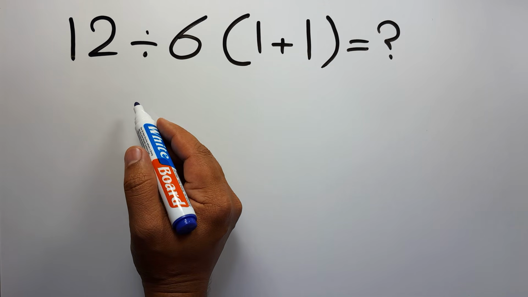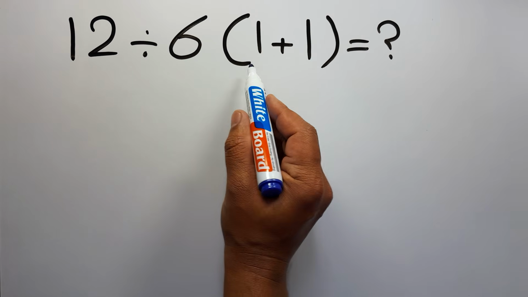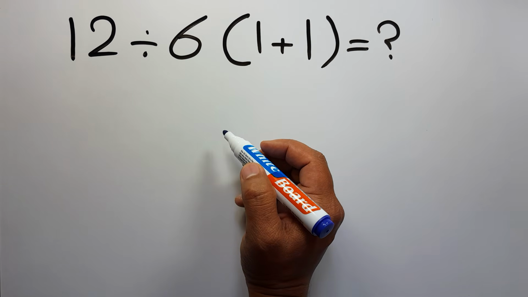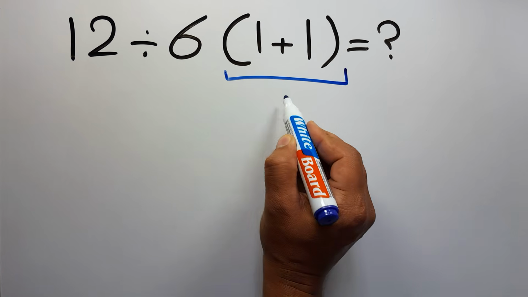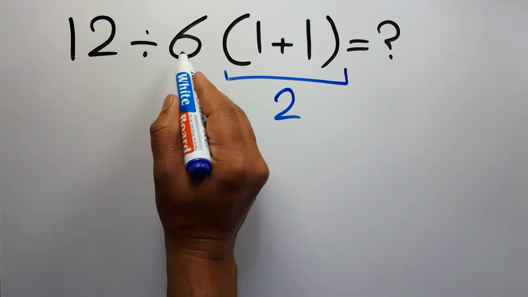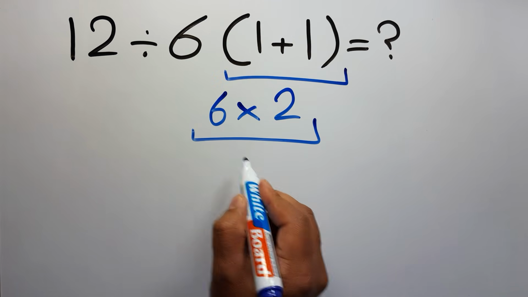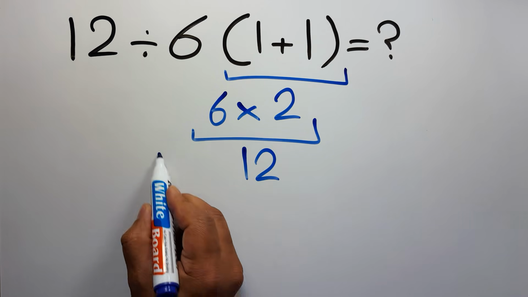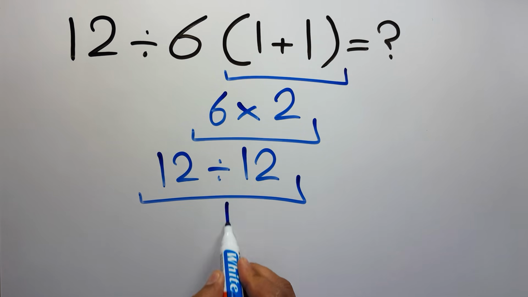In this video we want to find the value of this expression: 12 divided by 6 then times 1 plus 1. Are you ready to solve? Let's go ahead and get started. 1 plus 1 gives us 2 and 6 times 2 equals 12. So 12 divided by 12 is just 1. But this answer is not correct